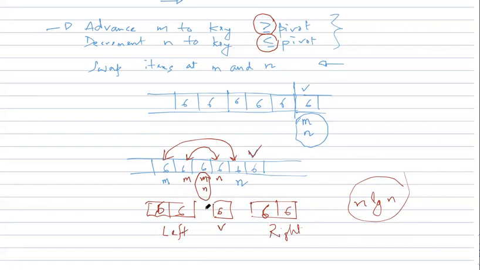So everything on the left hand side remains less than or equal to the pivot. Everything on the right hand side remains greater than or equal to the pivot. But by enforcing this so-called unnecessary swap, we had been able to give a split in the middle. That's what we were able to do in this particular case. Is this point clear? Okay, I'm assuming it's clear. So let's stop the